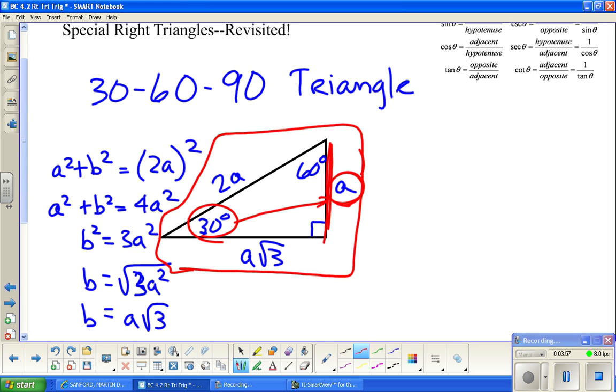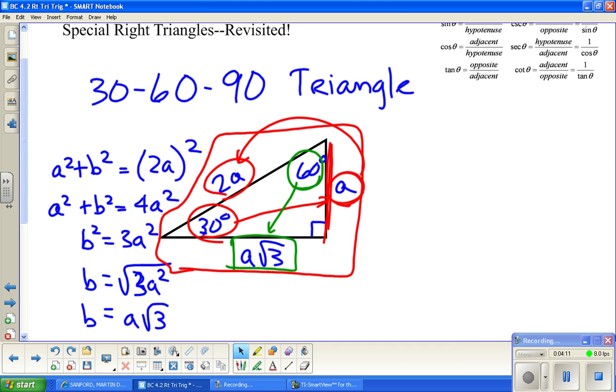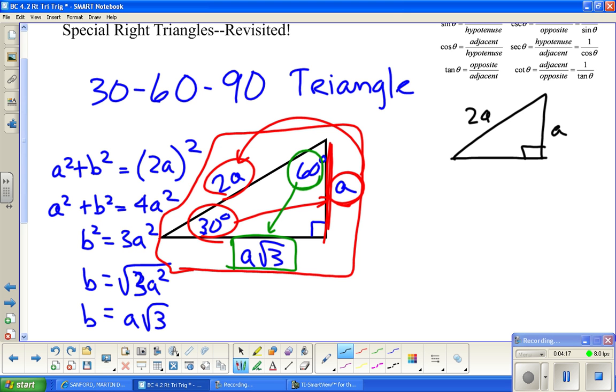If you double that leg, you get the hypotenuse. Again, this is specific just for a 30, 60, 90. And the middle length side happens to be across from the middle size angle. Okay, so I'm just going to make a quick little note over here. So this is a, 2a, a root 3,